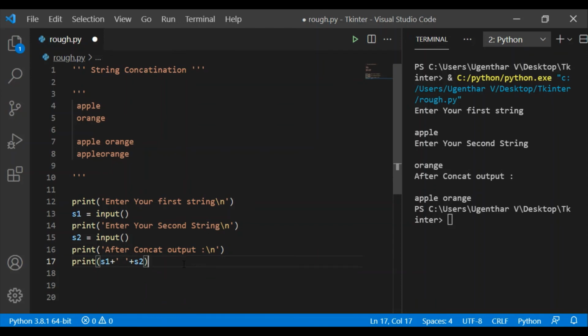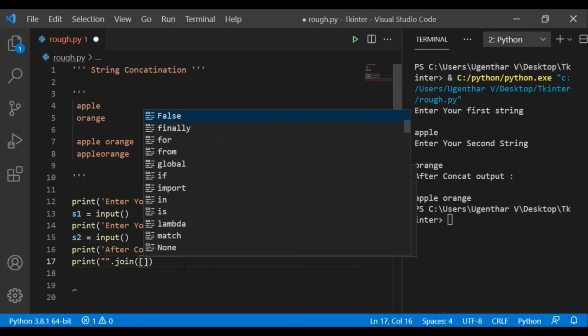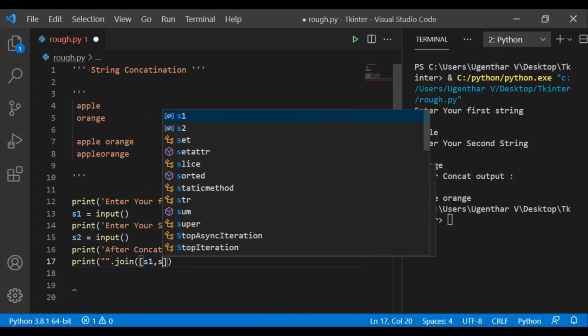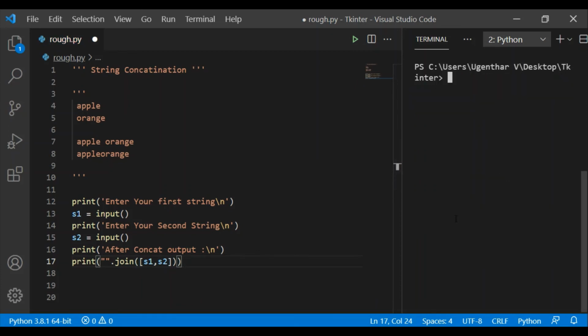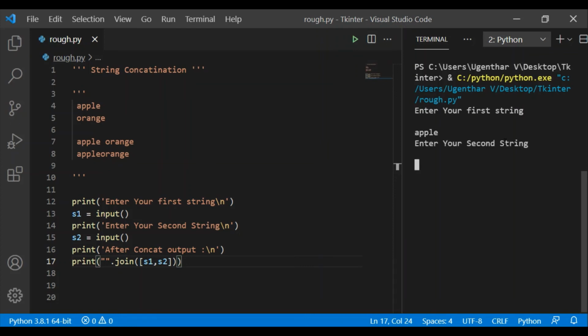The other way of doing concatenation is by using join. Inside join, you want to specify an array like this. That's it. This is another way of concatenation. Let me check the output. First, apple, orange.